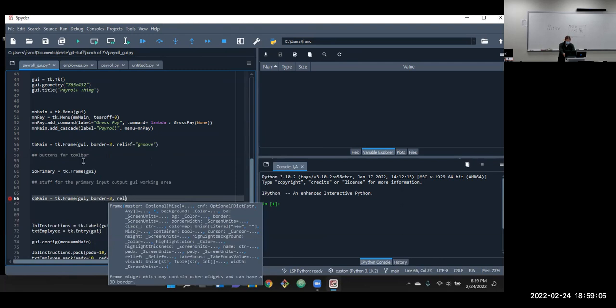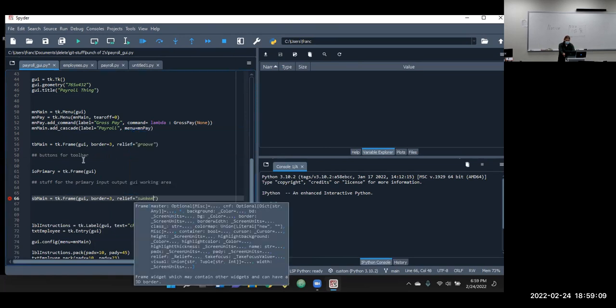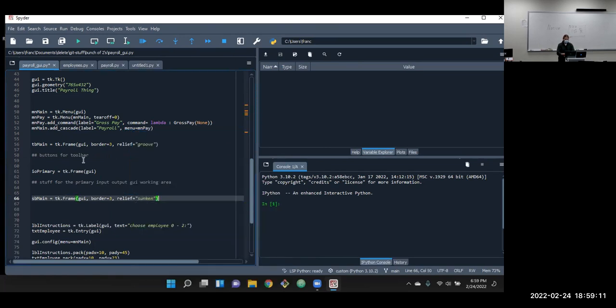Relief. Try to spell relief correctly. Sunken's another one. You can try a list. When you see the whole list, you'll be like, oh, I probably could have guessed those names with only 5 or 6 extra guesses. Raised, ridge, a groove, sunken in, flat. Yeah, an easy list to find. It's actually somewhere in that PDF I sent.